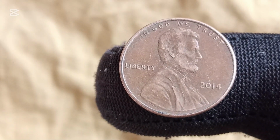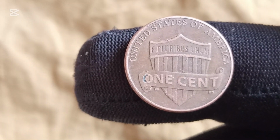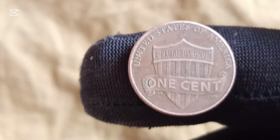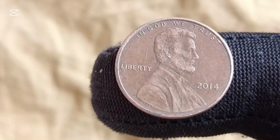You're probably wondering, how much are these rare pennies actually selling for? Well, let's look at some real auction results that will blow your mind. A 2014 Lincoln penny with a double die error sold for over $5,000 at auction. A perfect MS-70 graded 2014 penny was valued at nearly